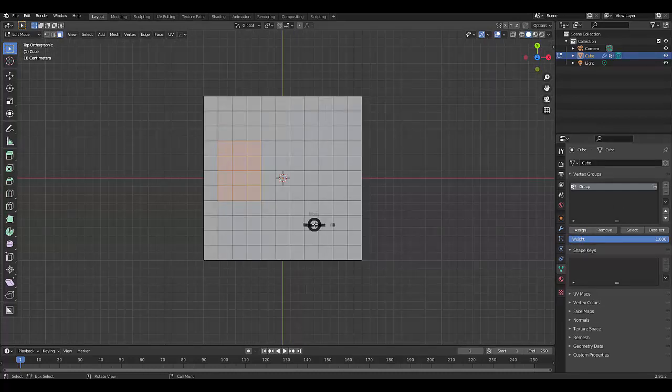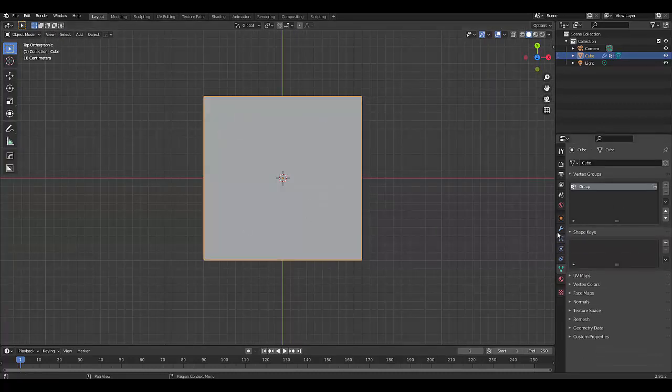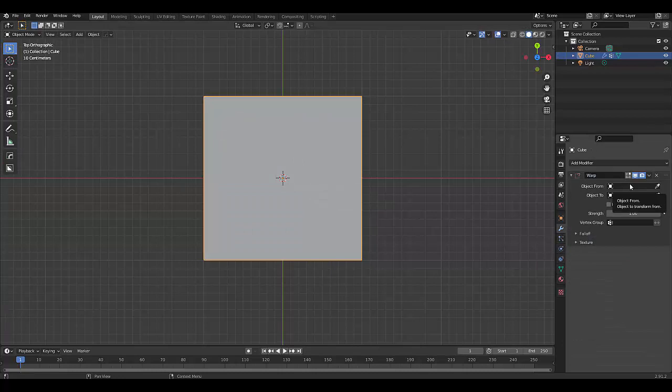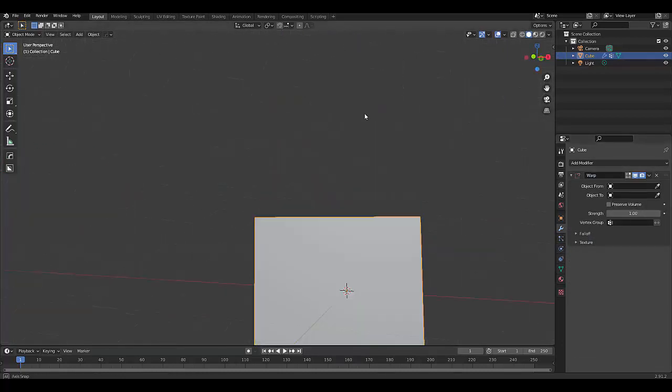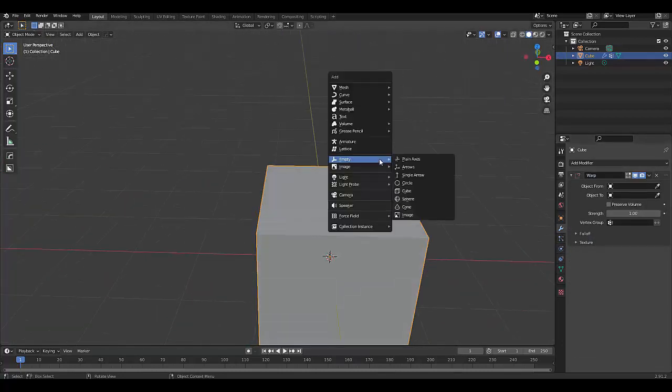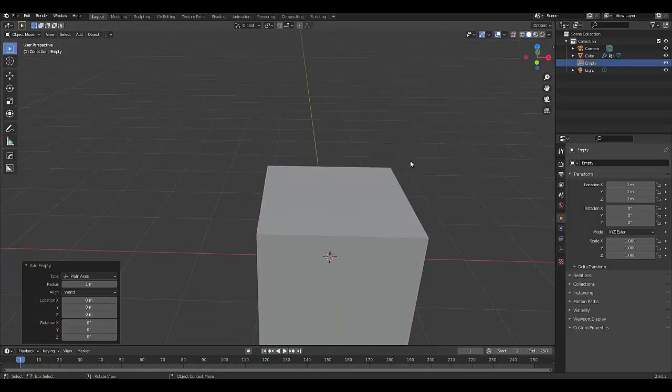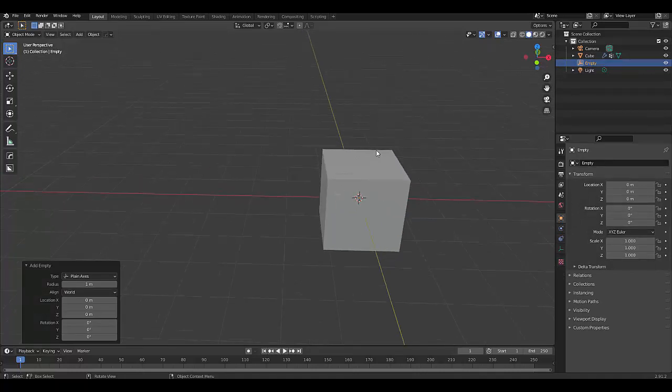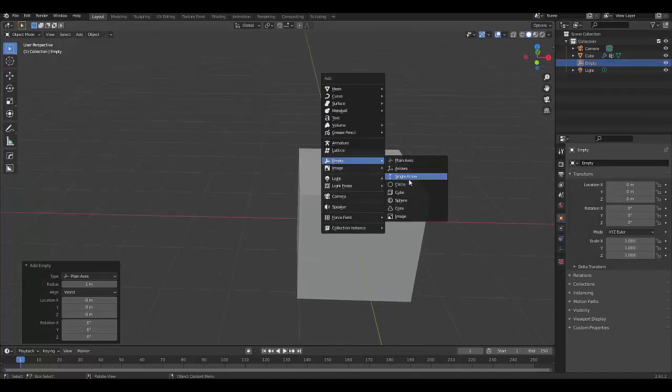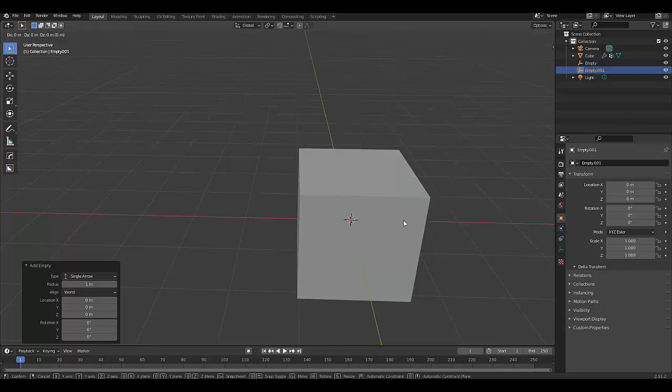Once you've done that, press tab, go into object mode, select the cube, go to your modifier properties, and we need to choose an object from, so we need a base. The way we create a base is to press shift A, empty, and let's use the plane axis as the base. Then press shift A, empty, and you can use any one of these. I'm just going to use an arrow, G Z 2,